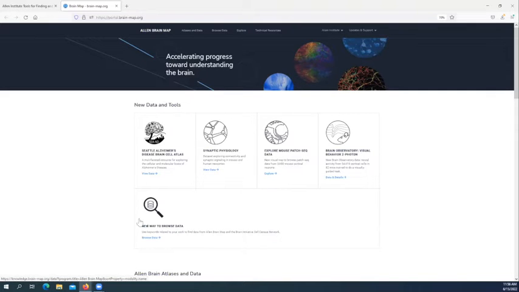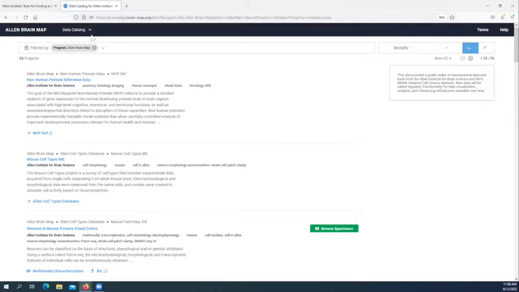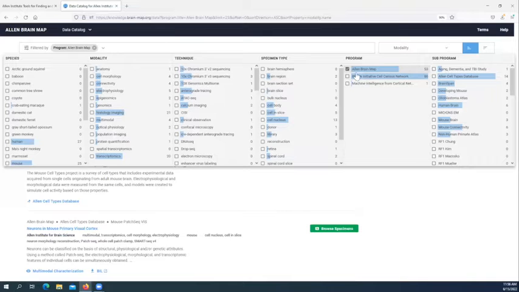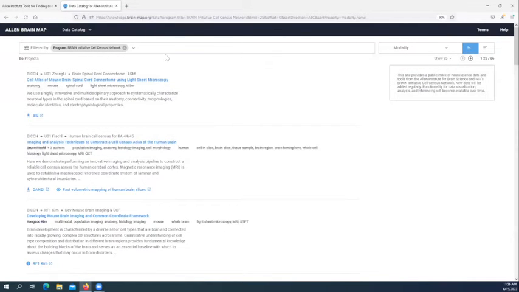So what I want you to do first is scroll down here and click on New Way to Browse Data. This is taking you to the data catalog. From the data catalog, you can either look at Allen Institute data, or you can go in and look at the BICCN data. But either way, I'm going to come back to this, and I'm going to take you first to the Cell